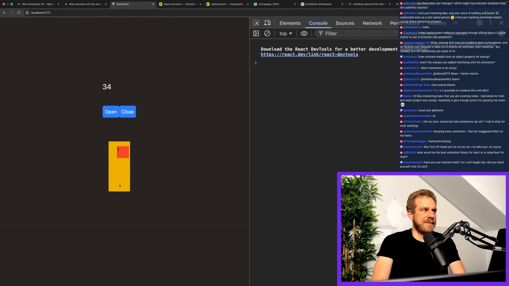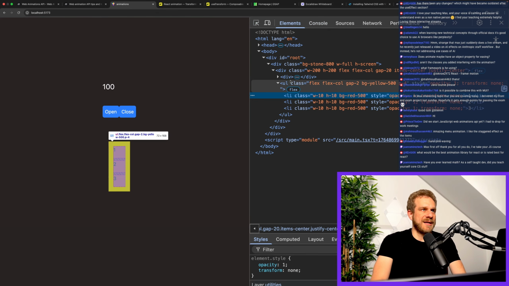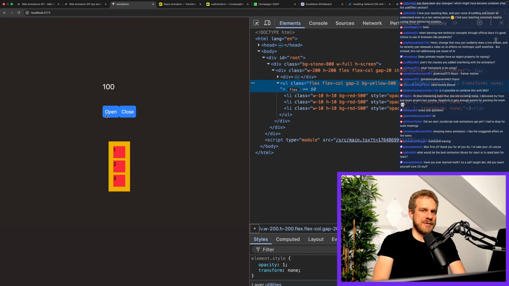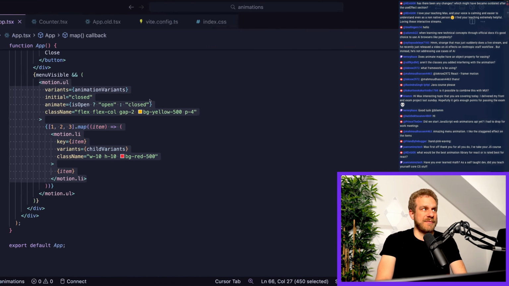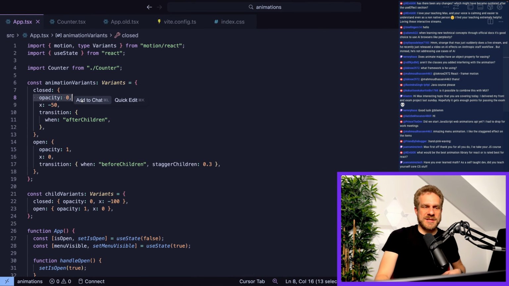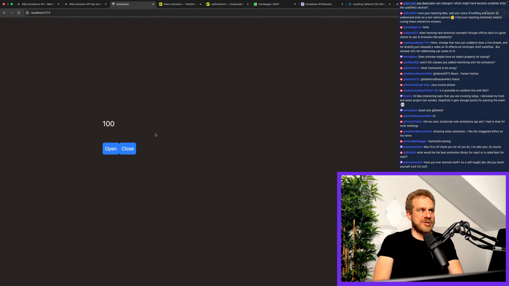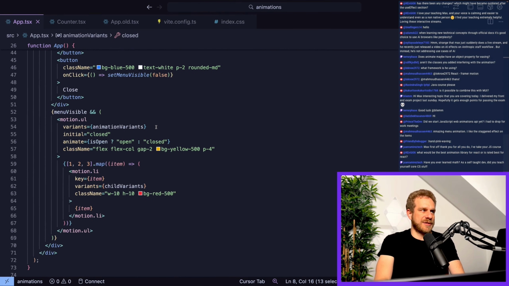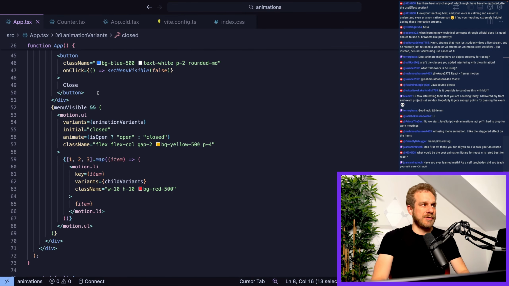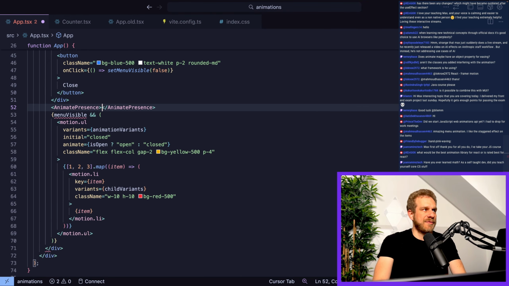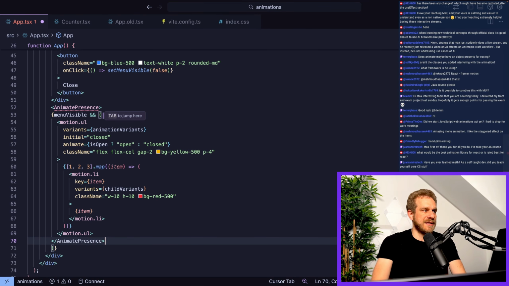So of course, if I click open, that plays as before. Now if I remove the logic, this would always stay in the DOM here, even before when I could still close this. It would animate out, but in the end, all that would do is just set the opacity to 0, but the DOM element would still be there. Now, when I click close, the DOM element is removed, but as you see, it's instant. So if you want to animate that removal of a DOM element, like a user closing a modal or something like this, that is then where you need animate presence, which is another component you can get out of the